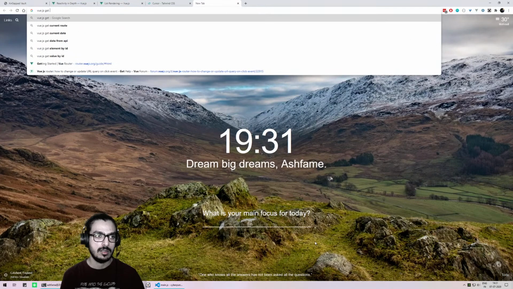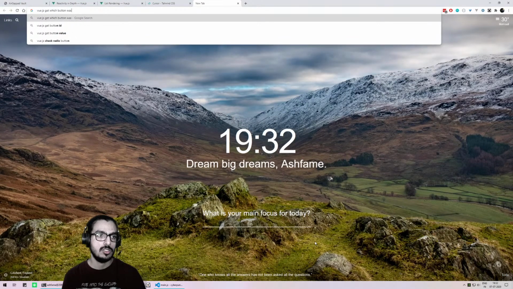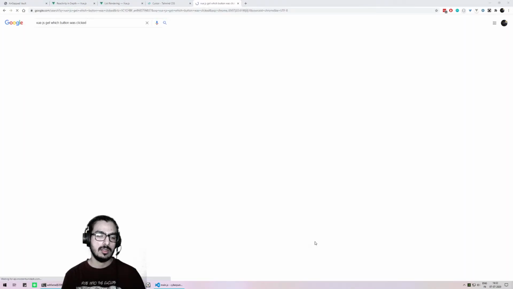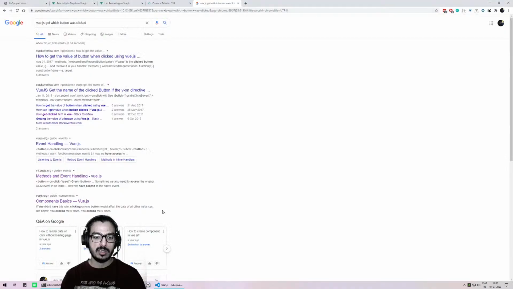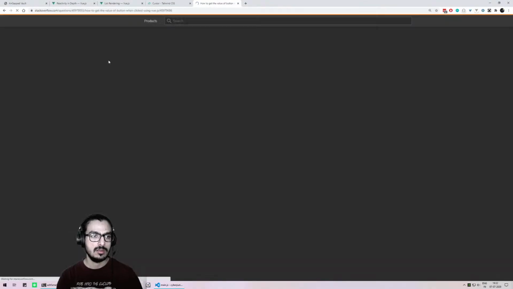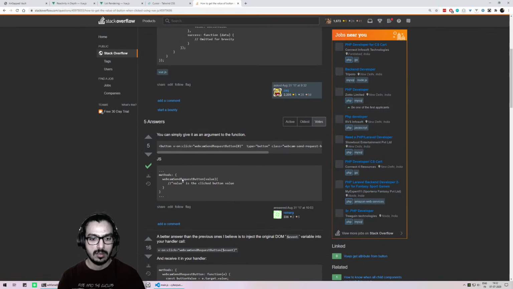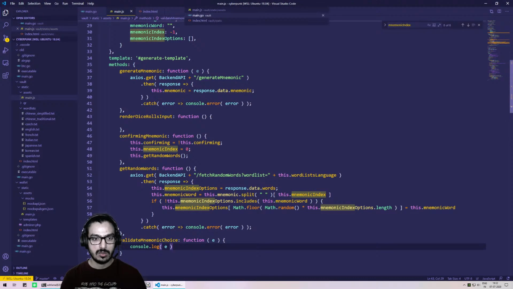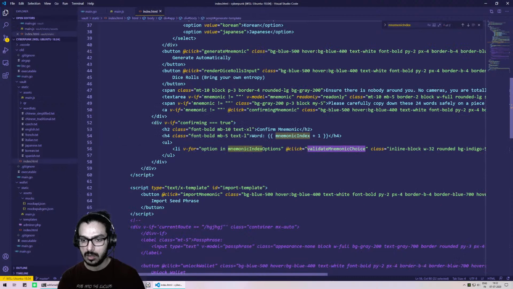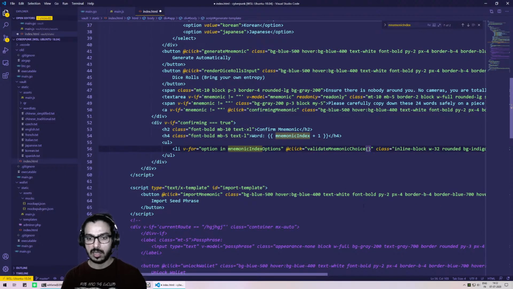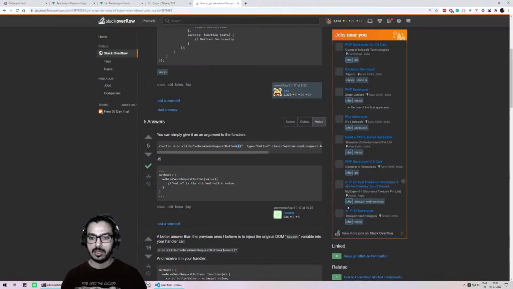Vue.js, get which button was clicked. Since I'm binding the same function over every one, I can always send data in it, right? So this actually becomes click, and I can simply pass on the option that's there,